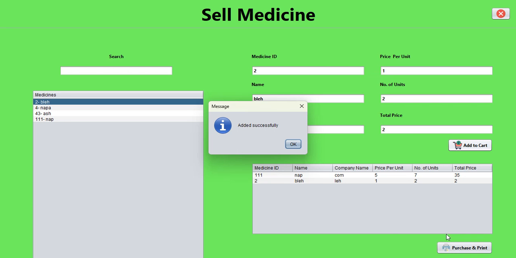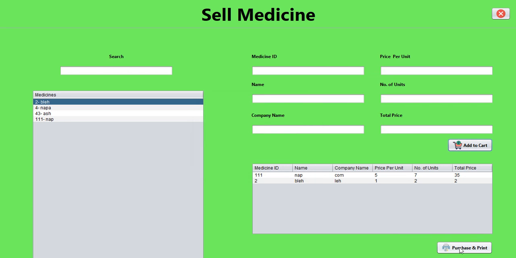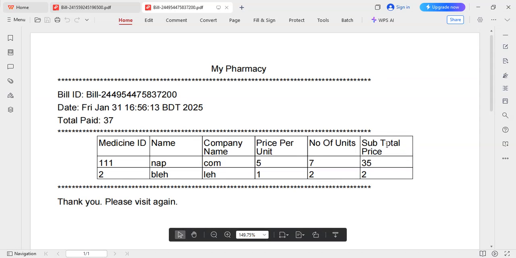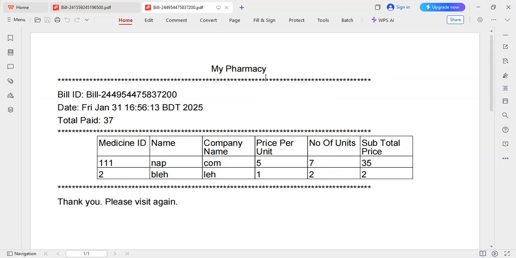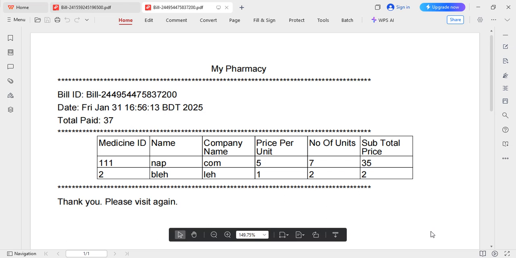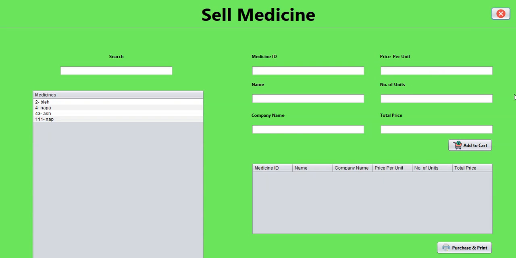center, and I'll just have to click on purchase and print, and the bill will be generated and the bill will be saved in my local device in the bill path I provided, and we can see that the bill ID, date, total paid, and every piece of information is apparent here. And if we